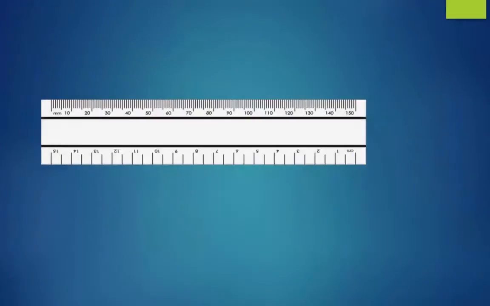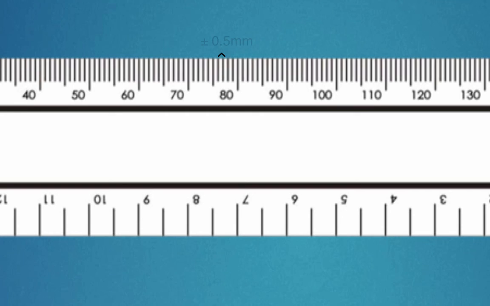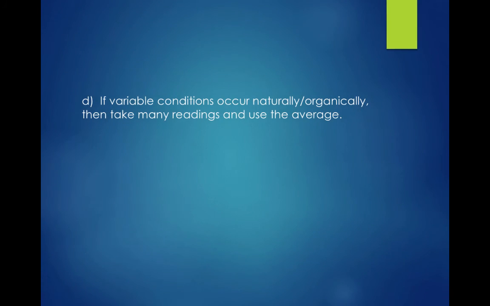For example, a millimeter ruler would provide a measurement with an uncertainty of 0.5 millimeters, while a centimeter ruler will give measurements with an uncertainty of 0.5 centimeters or 5 millimeters, 10 times the uncertainty of a millimeter ruler. Finally, if you're measuring something that seems to vary due to uncontrollable variables like background noise or wind, use averages to minimize the overall effect of the measurement. Ideally, use 4 to 10 readings,